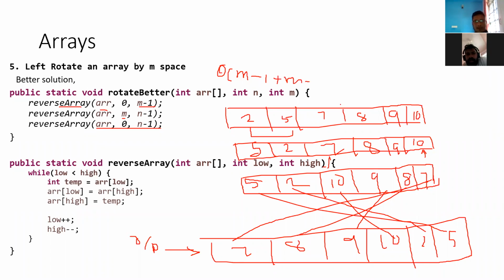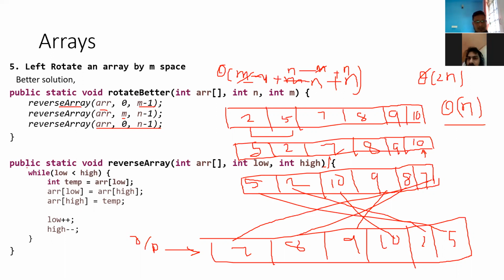And this will be for n number of times. You got it, right? Started from 0, we are doing it for m number of times, and instead of m minus 1, it will be n minus m, sorry, because we are going from m to n minus 1, plus n number of times. So the m goes away, and it will be theta of 2n. Theta of 2n is nothing but theta of n. Earlier you saw theta of n into m, so this is better.